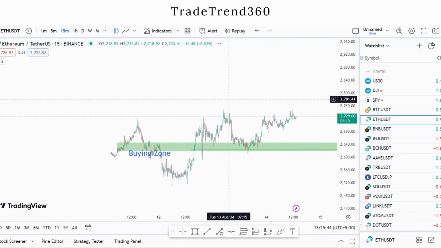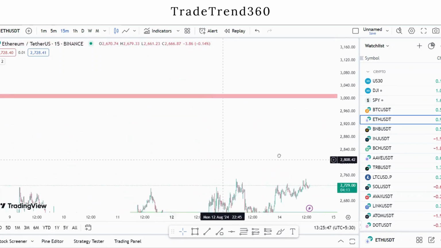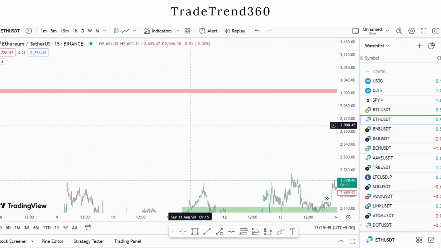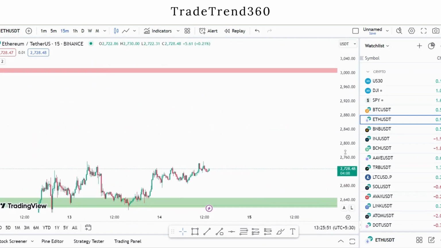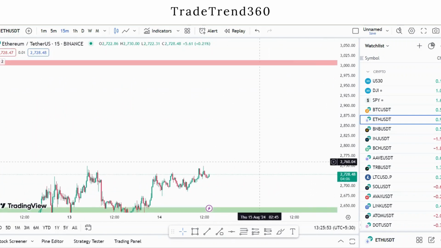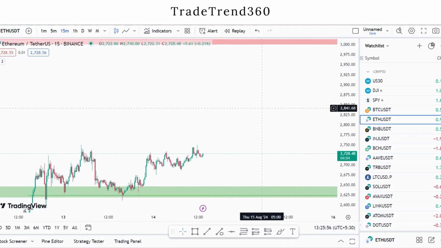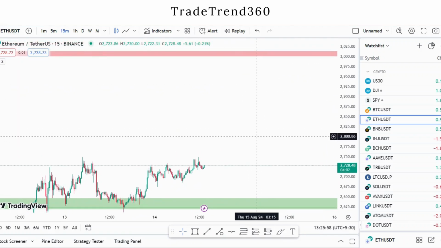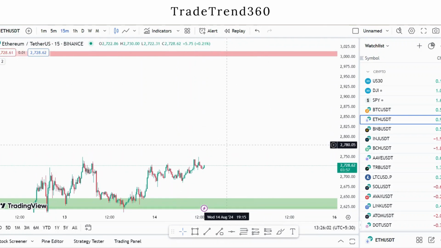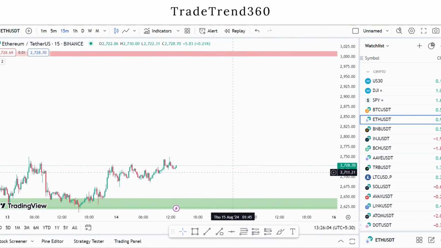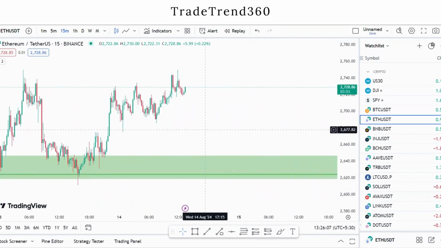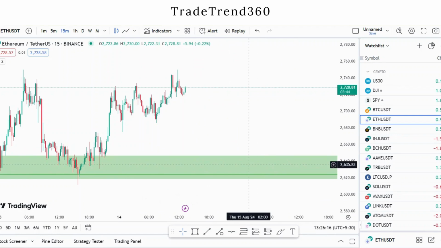I believe I have not marked any supply zone. I have marked the supply zone, but it's very far above, and I don't think the prices are going to go there unless there is some kind of news in May or 10 to 15 days. It's going to take time, but this demand zone can be something that we can see in the next few days, which can, if the prices were to drop in the next few days, this demand zone, sorry, can be